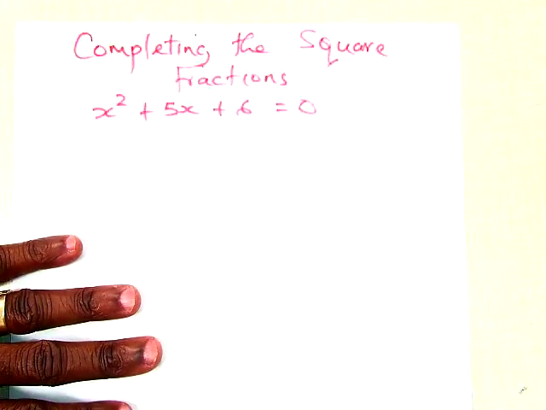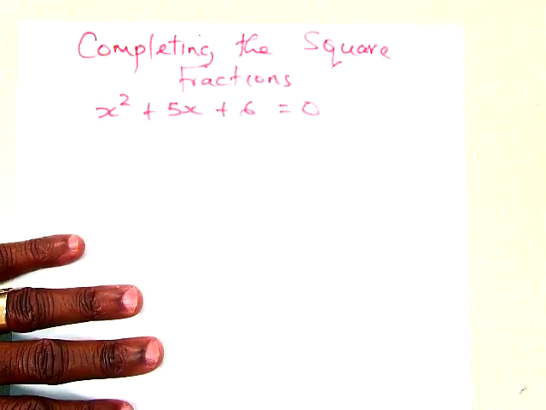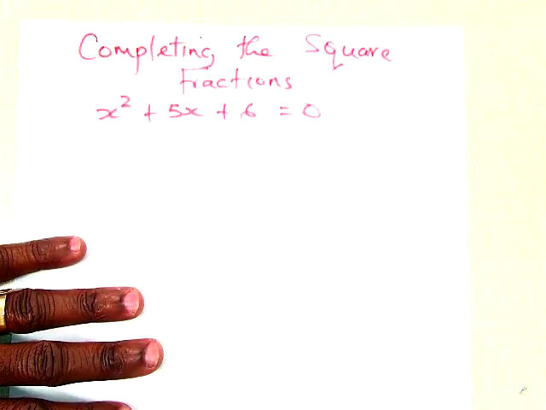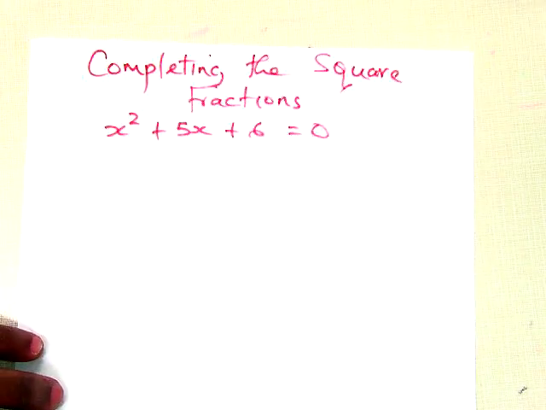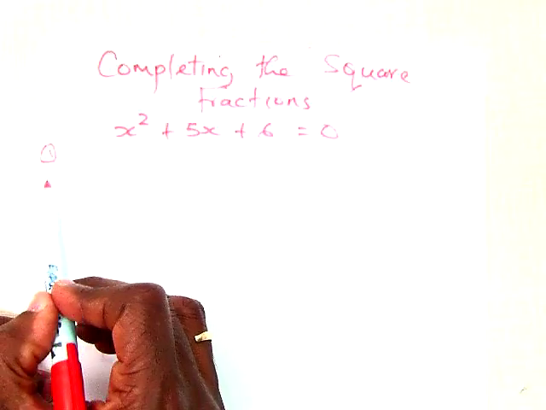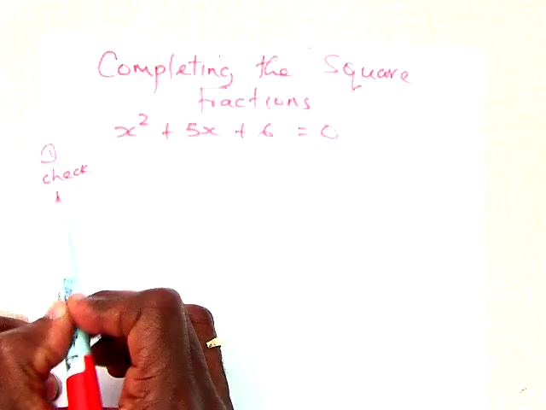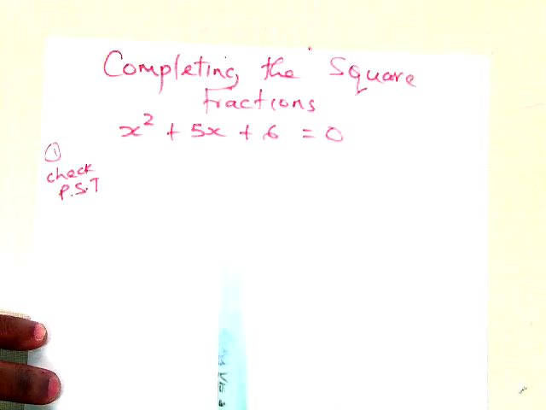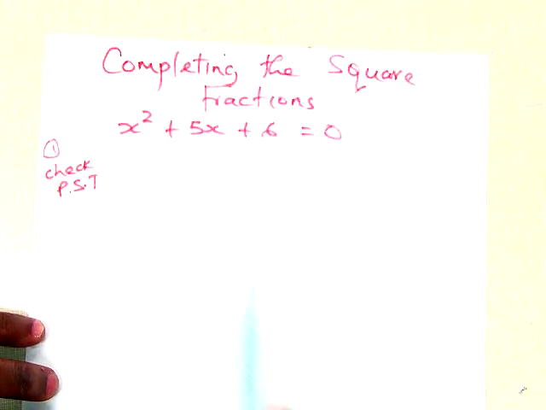So welcome to this video on completing the squares. This time we're going to do some problems involving fractions. So as usual, we have x squared plus 5x plus 6 equals 0. First thing I need to do is check if I have a perfect square trinomial, which means I need to